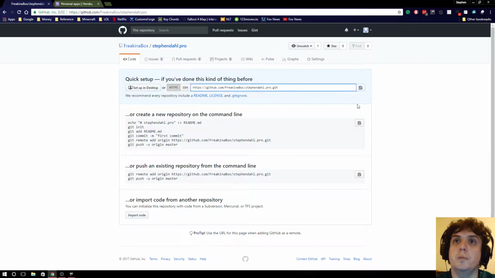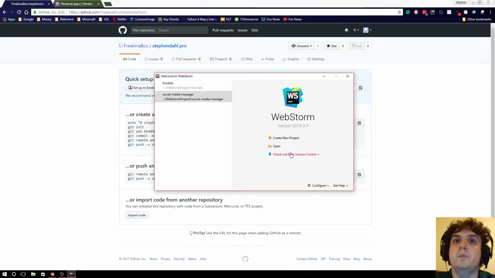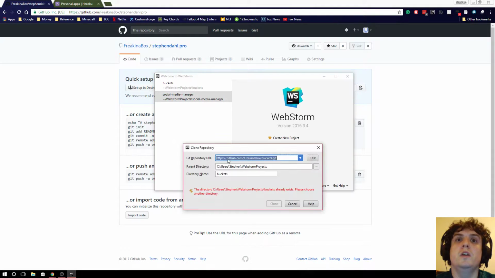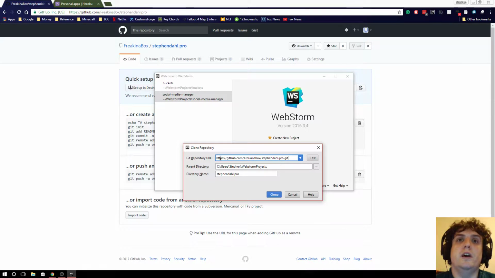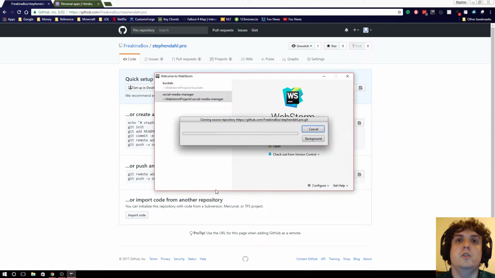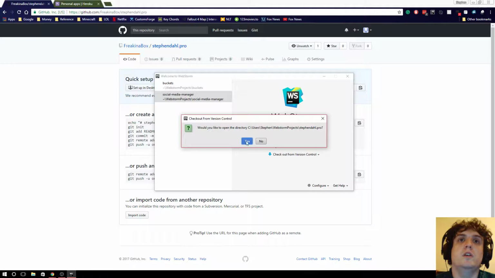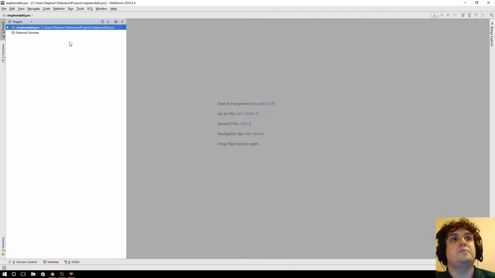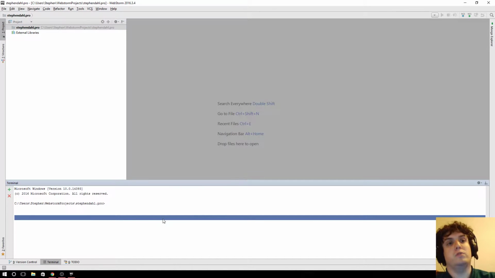So I'm going to copy that, and I'm going to open WebStorm. Now in WebStorm, I'm going to check out a project from version control, and I'm going to paste in that URL there and clone the repository. Yes, I will create the directory. So now I've got my project here, and first thing I need to do for any Node.js project, let's npm init this